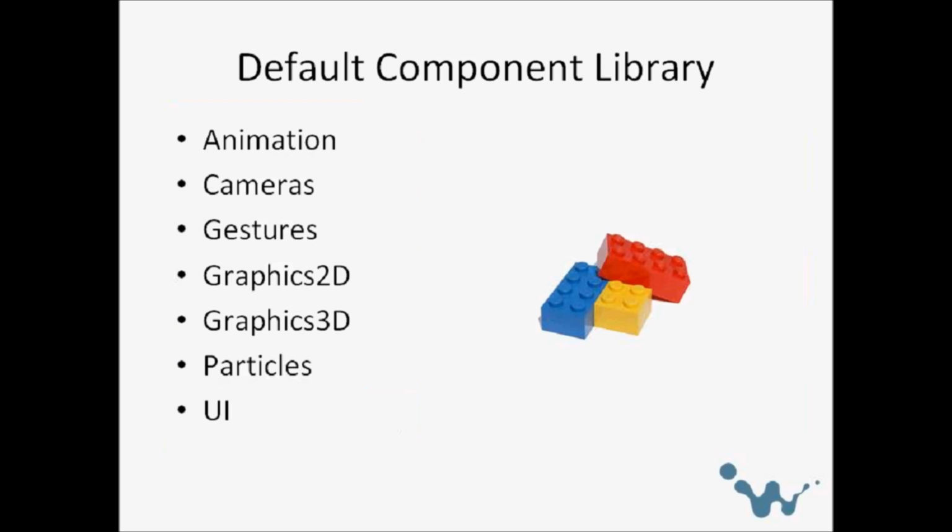So the default component library is provided with animation, cameras, gestures, graphics two-dimensional, graphics for 3D, particles, UI, and we have a few more that maybe Javier will be commenting on after. This slide zooming up says that out of the box, we provide a huge amount of components, behaviors, and drawables that you can make use of in your own game. So it's pretty common that you will be reusing a lot of them, and you will be able to concentrate just on your game, because we will be providing a lot of underlying components that can be useful for you.